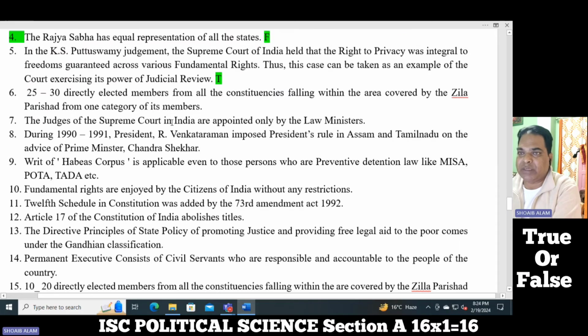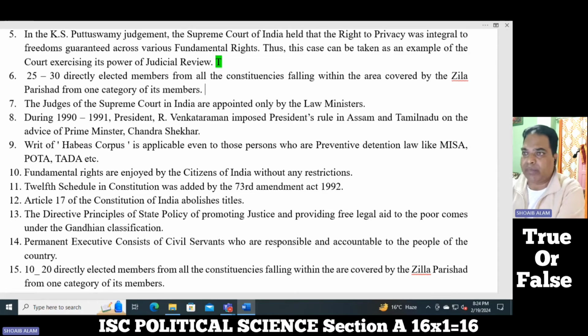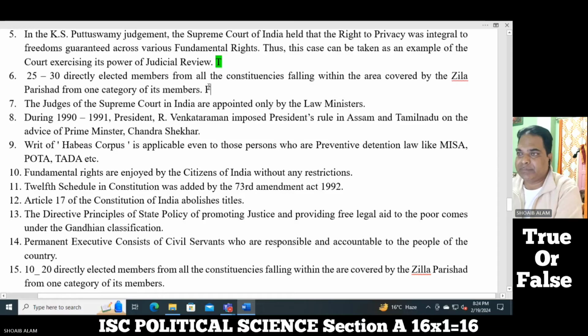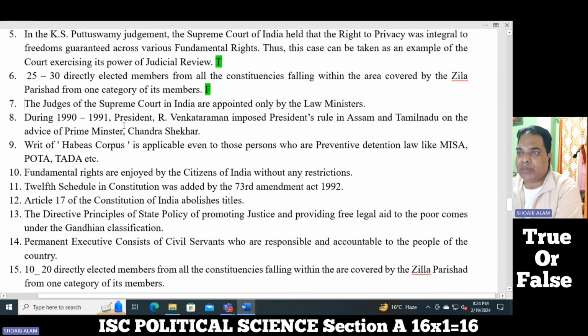Let's go with true. Number 6. 25 to 30 directly elected members from all the constituencies falling within the area covered by Zilla Parishad form one category of members. Accordingly, when I checked the book, it should be 10 to 25. So it will be false. Now next one, the judges of Supreme Court in India are appointed only by law ministers. So this one is also false. Appointed by the president